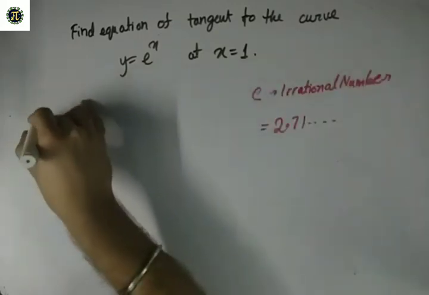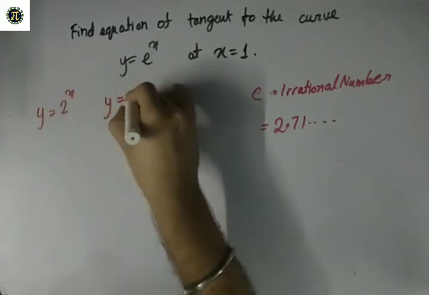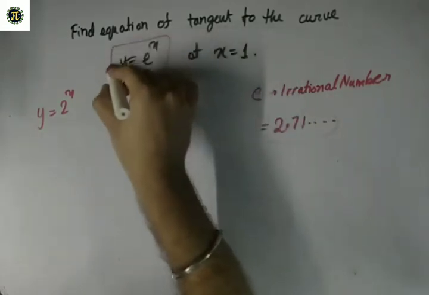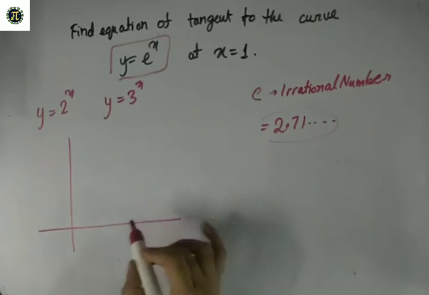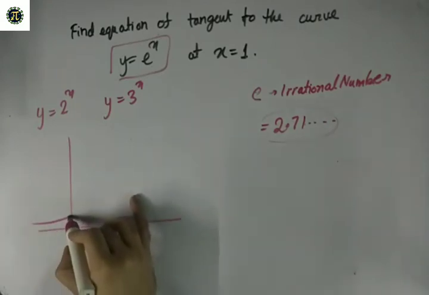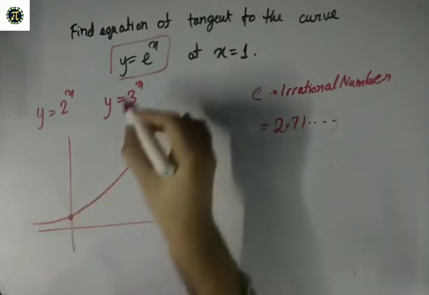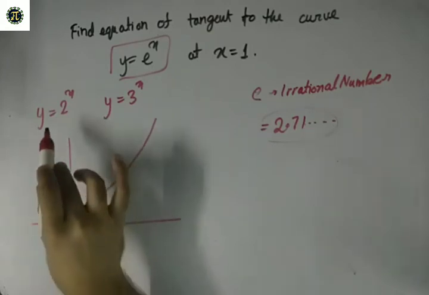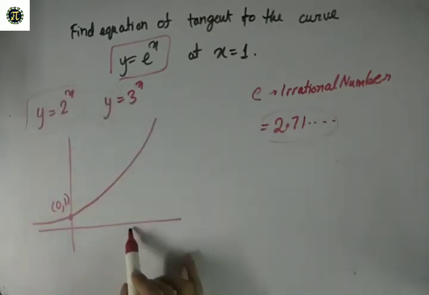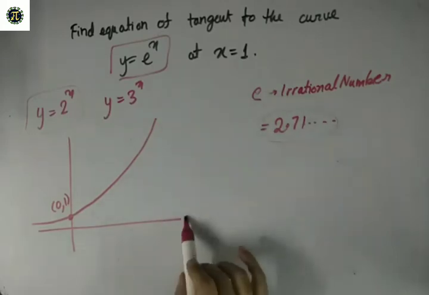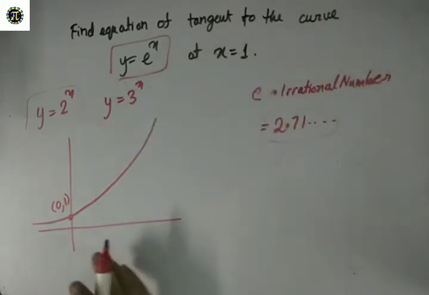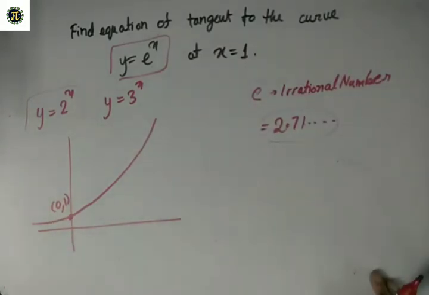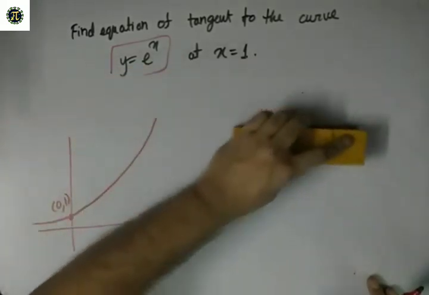And this function is just like y is equal to 2 to the power x, or y is equal to 3 to the power x, or 10 to the power x. e is just a number, right? It is just some number to the power x. These types of functions generally look like this. They pass through the point where x is 0, because anything to the power 0 is 1. For example, if I'm talking about this function, at 1 the answer will be 2, at 2 it will be 4, at 3 it will be 8, right? 2 cube, and at 4, 2 to the power 4 is 16. So it will increase very fast. And here you will get the inverted powers. You can look into e to the power x functions, but e to the power x will be some function that will look like this.